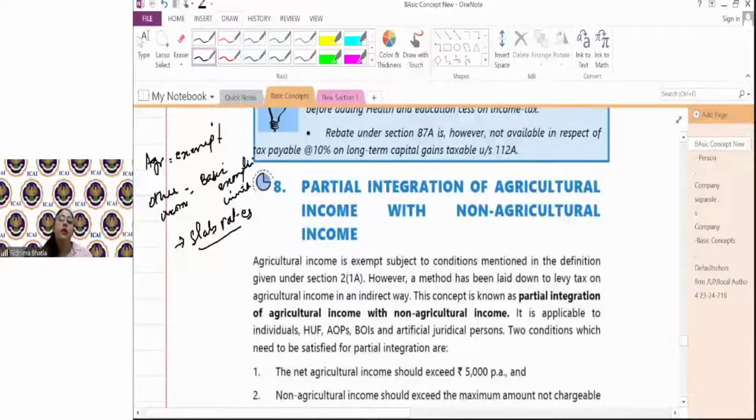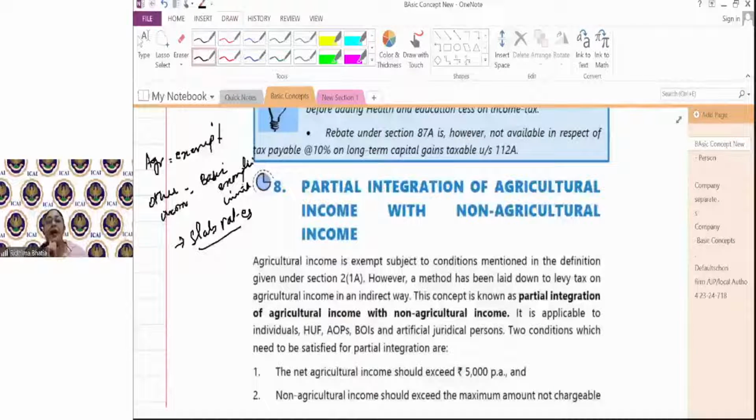So what did I tell? The government realized, not only this government, the partial integration concept is age old. The government realized that one, they have agriculture income which they're not taxing. Then on top of it, they're getting an exemption of 2.5 lakhs or 3 lakhs or 5 lakhs, as the case may be. Basically, that part of income is also not getting taxed. So to avoid that double benefit